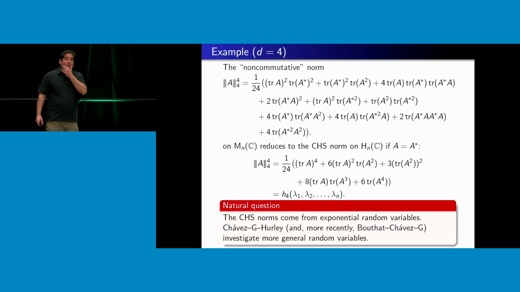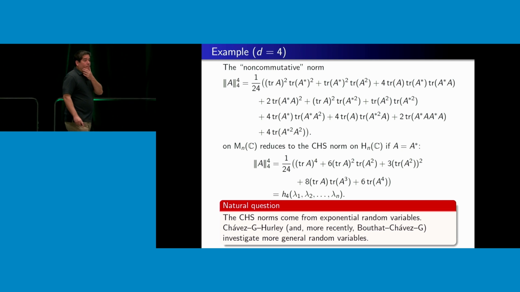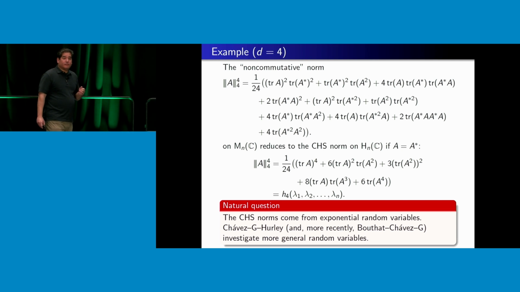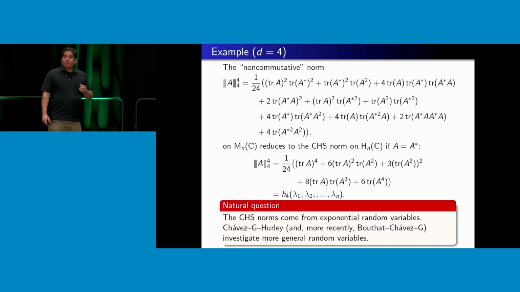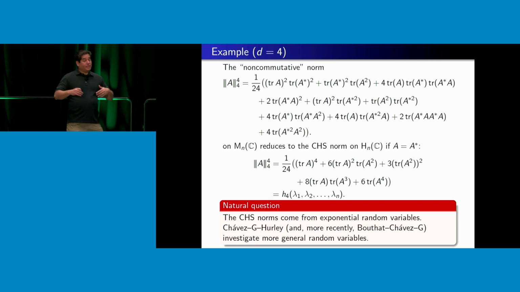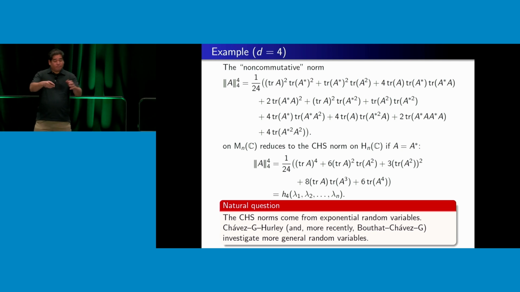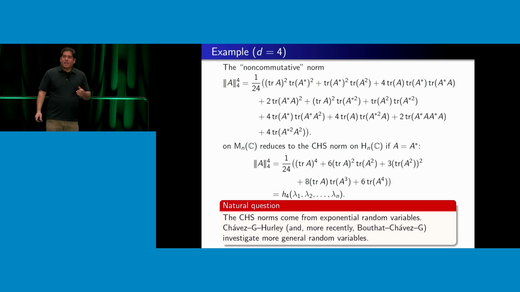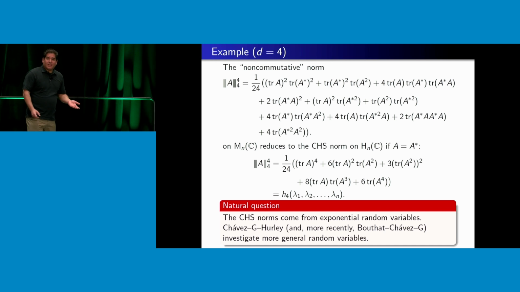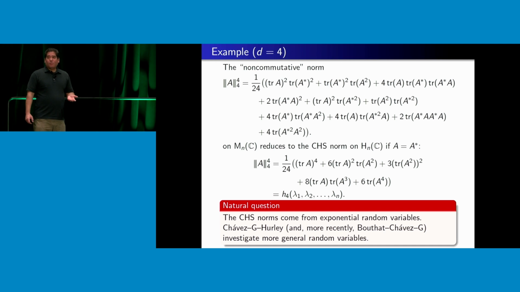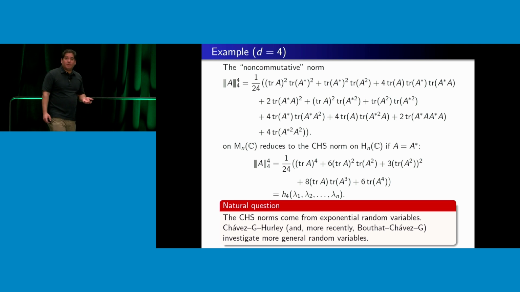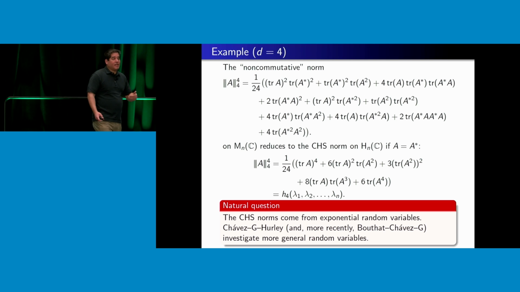You can say, hey, wait, there was that slide I ignored about exponential random variables, right? And I said, well, the CHS norms, or the CHS polynomials, were moments, essentially, of a standard exponential distribution, when I put them in a random vector and did all that stuff a few slides ago. You say, well, what's so special about exponential random variables? Why don't I just use whatever random variables come to mind and see what happens? And in fact, you can do that.